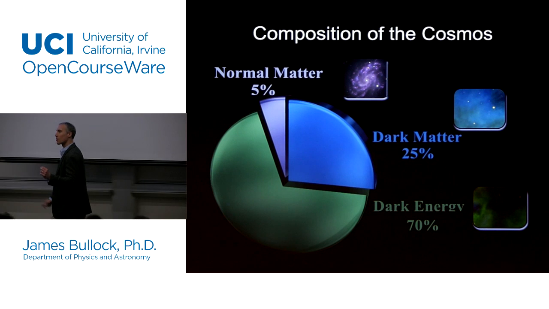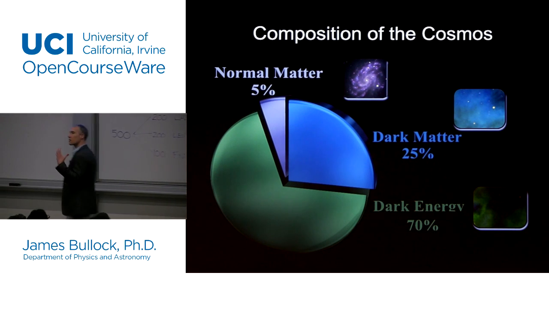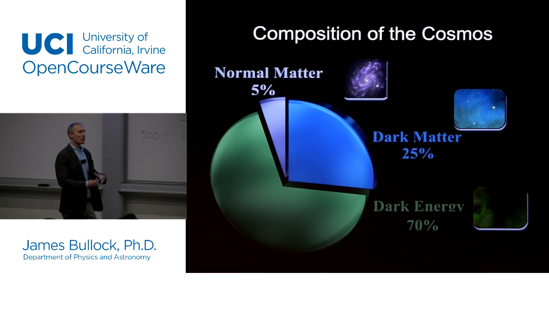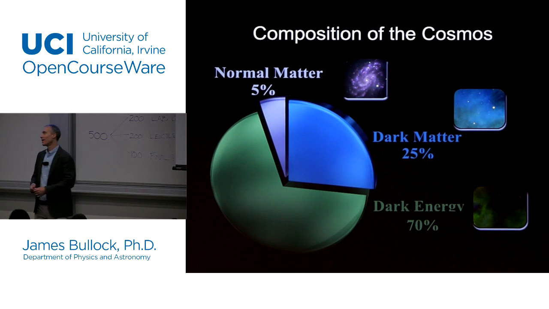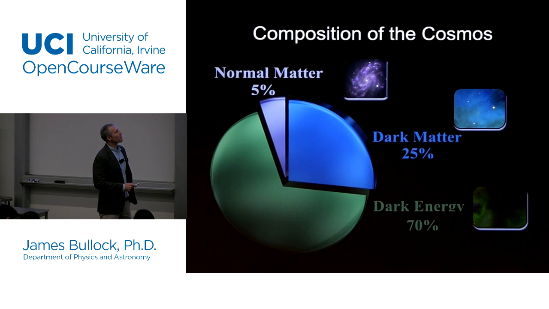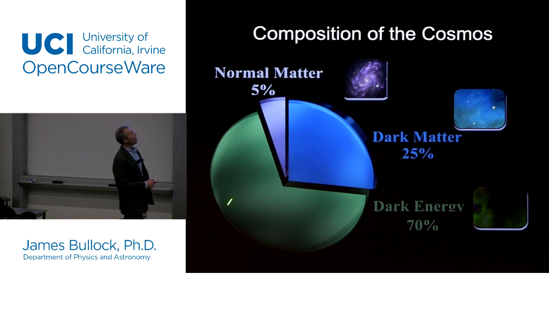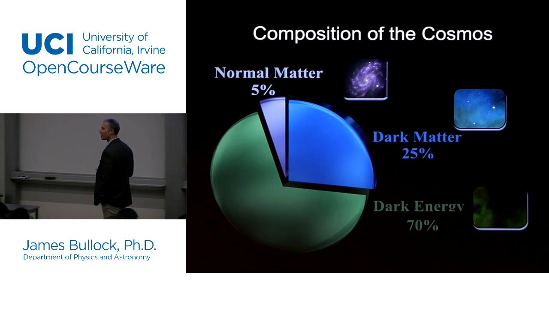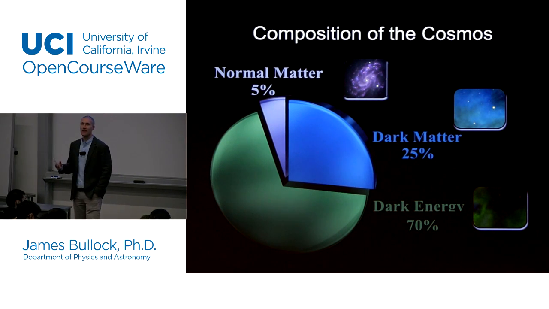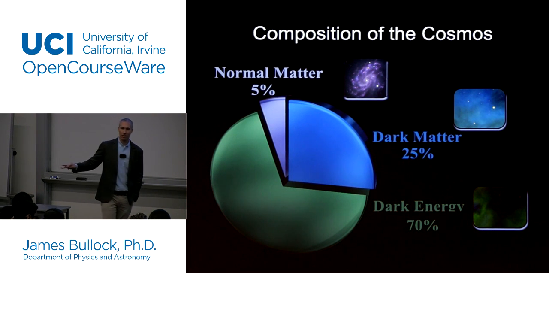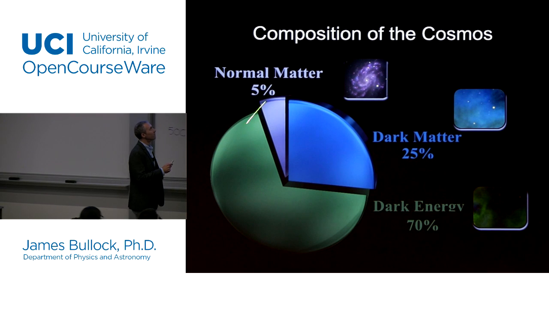Another thing we'll learn about in this course is that there's much more out there than meets the eye. Not only is the universe really, really big, and also, as you'll find out, really, really old, it's made of some weird stuff. We now believe that only 5% of the universe is made of stuff that is anything like what we have experience with here on Earth, anything in the periodic table. Only 5%.